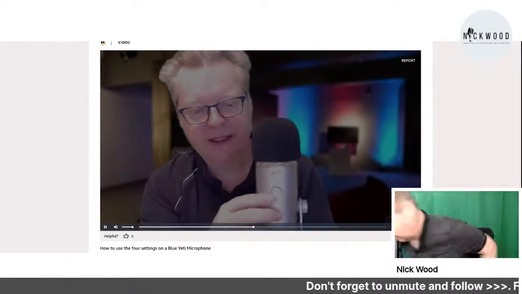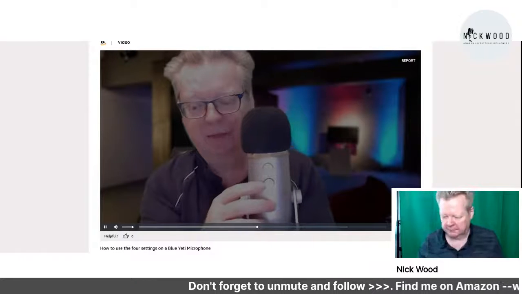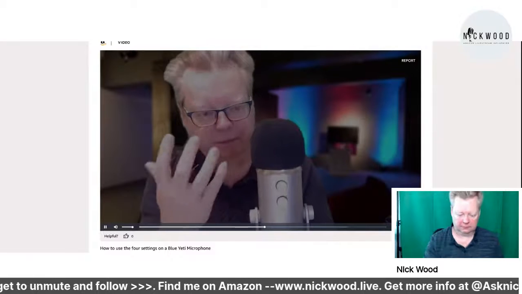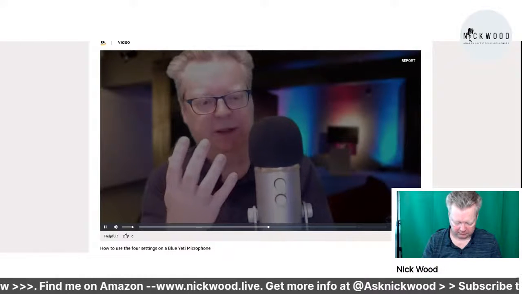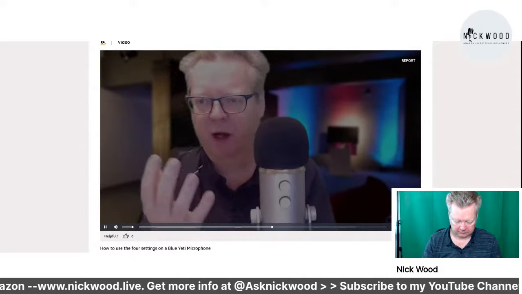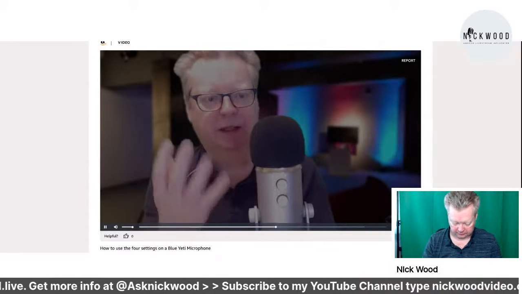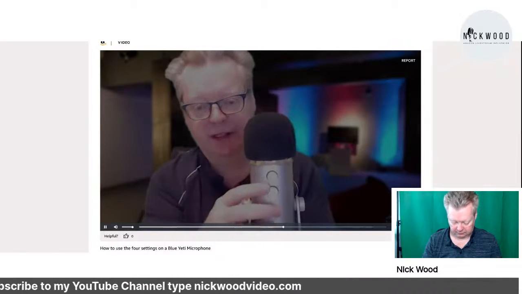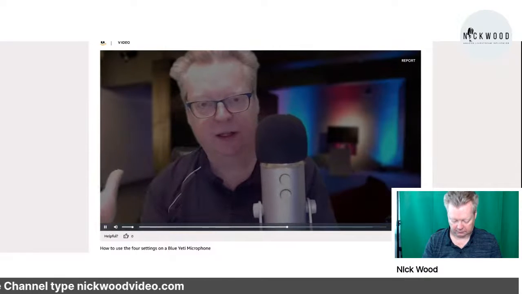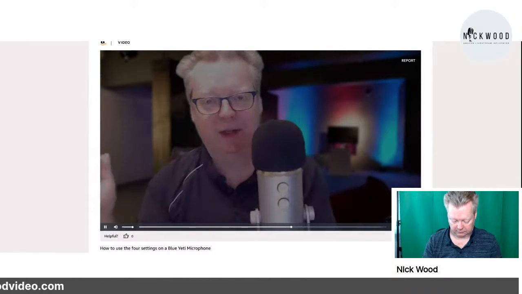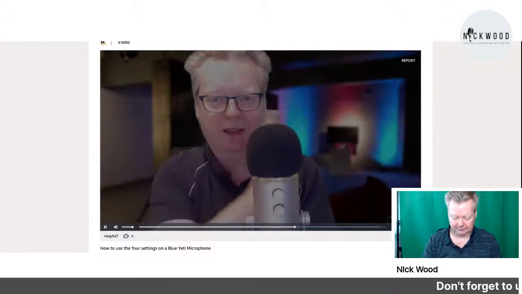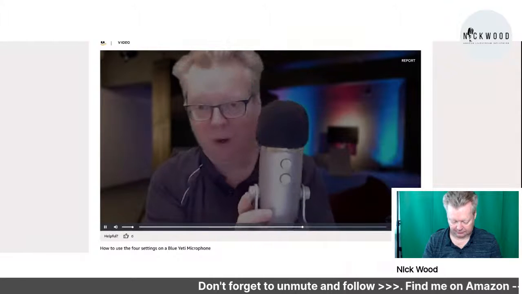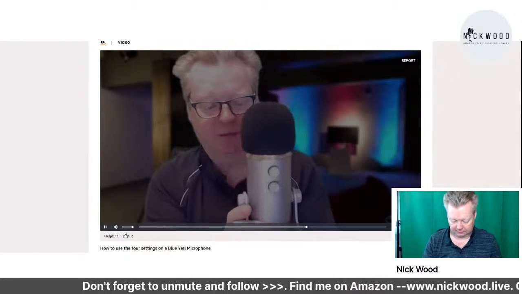Also, you can have it another setting in all the settings that are available here. You can then have multi-directional. So if you're in a room and you've got maybe a band or a choir, multiple people talking or singing, then that would be perfect for doing that. And it's also a stereo microphone. So if we set it to stereo, then if I walked from one side of the office to the other, you would hear me go from one ear, one speaker to the other speaker if you're listening in stereo as well. Quite an amazing thing for this brilliant